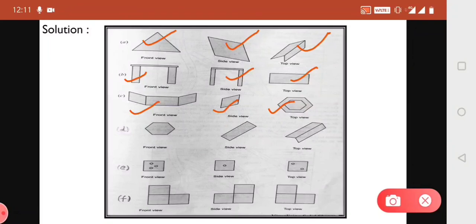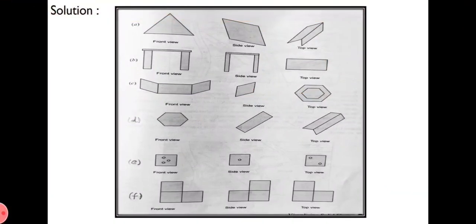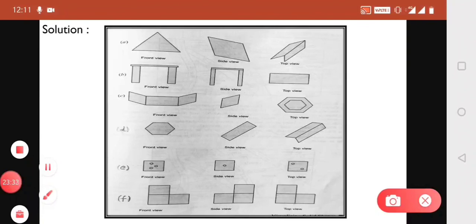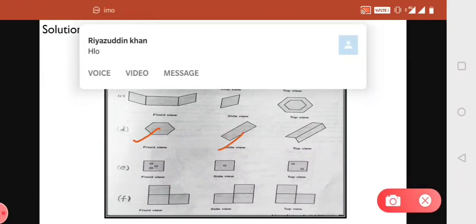Yes. Then next figure, again you see the front view: you can see a hexagonal part. Side: you can see a triangular part only. And for the top view, actually a hexagonal prism is given. Yes, so this hexagonal prism.